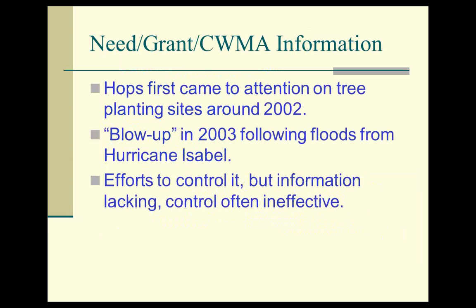This plant first came to our attention on tree planting sites around 2002. We had a lot of riparian forest buffer planting going on about that time, particularly in connection with a program called the CREP, the Conservation Reserve Enhancement Program, which was focused on the riparian forest buffer planting for the Chesapeake Bay program. And in 2003, after Hurricane Isabel caused a lot of flooding, we really saw a big boom in hop